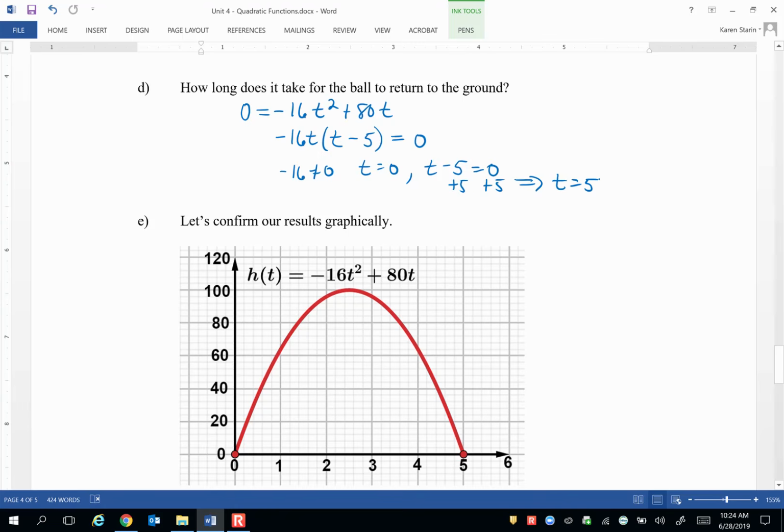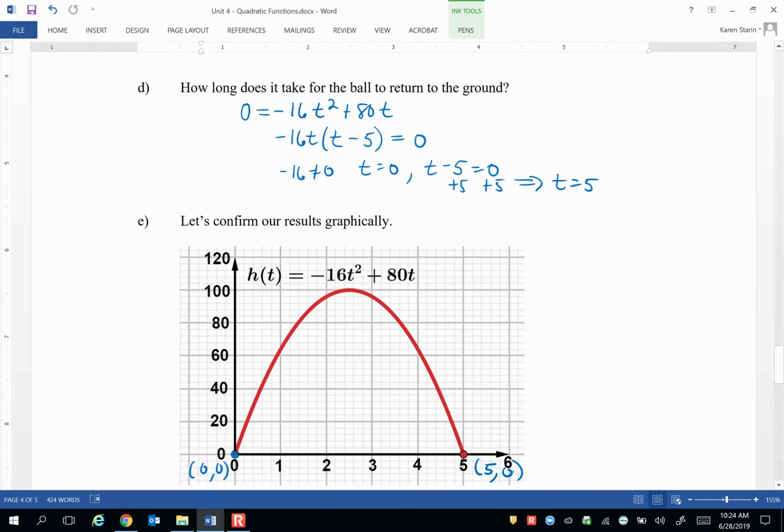So let's confirm all of these results graphically. Let's start with part D. We have the point where we started the ball, (0, 0). We have the point where the ball landed back on the ground was at time 5 because the height was